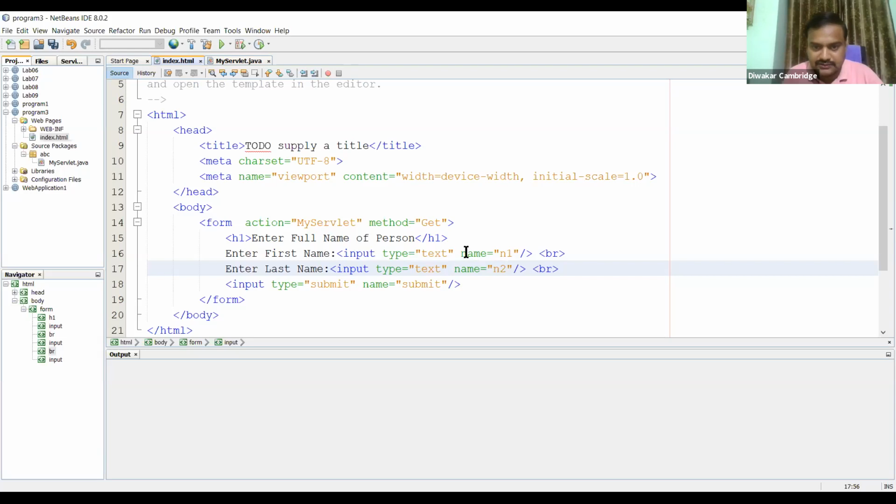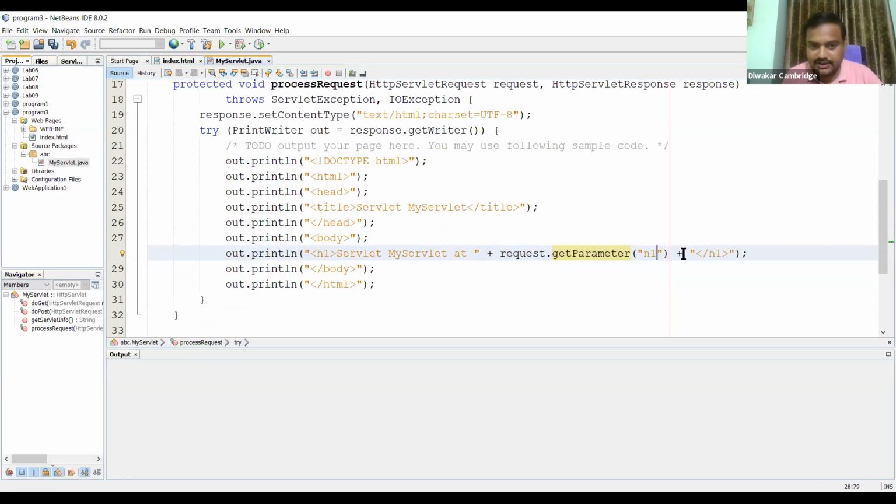What is the use of the attribute name? To uniquely identify this particular text box. n1 uniquely identifies text box 1, n2 uniquely identifies text box 2. Now you have to give the form parameter n1 here, that is the first name.